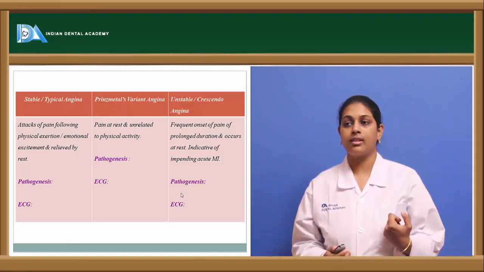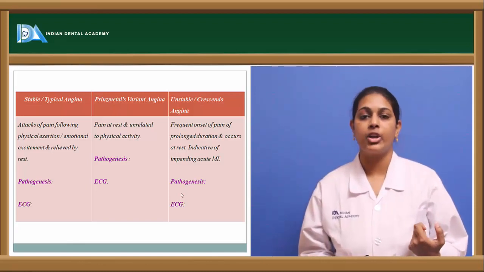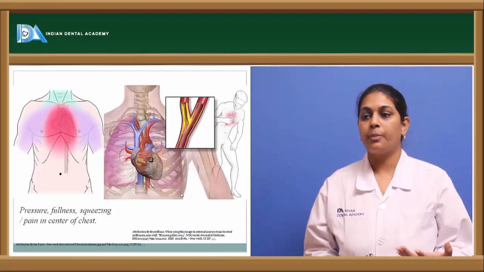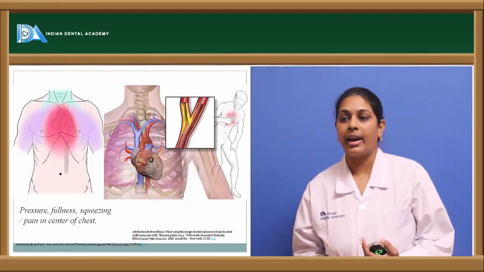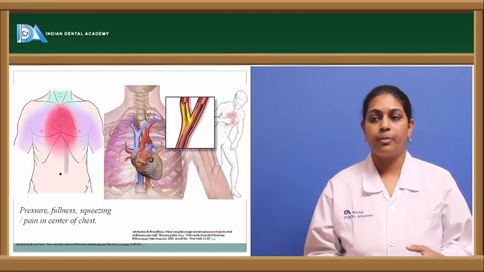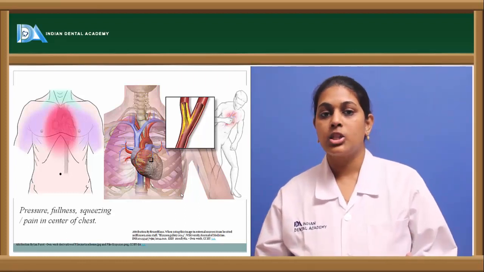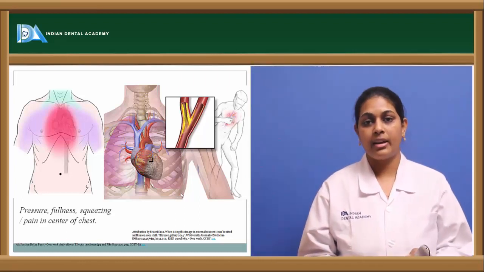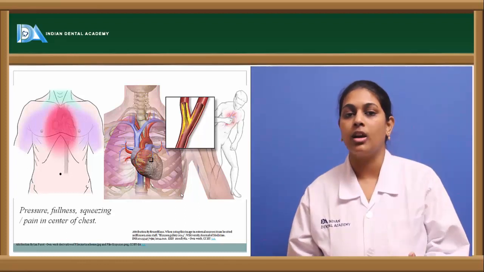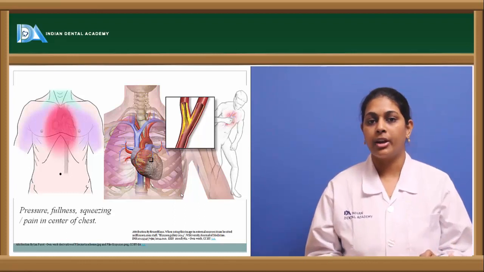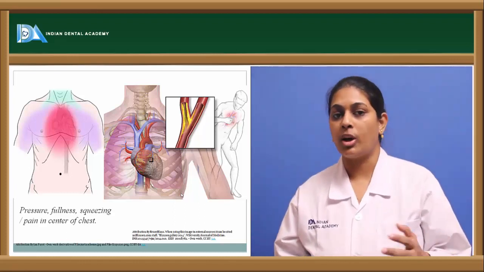So these are the types of clinical patterns of angina pectoris. Coming to the clinical picture, we usually see the patient complaining of pain in the chest region because of pressure, fullness and squeezing. There's pain in the center of the chest. In case of physical activity also, the patient might complain of pain,